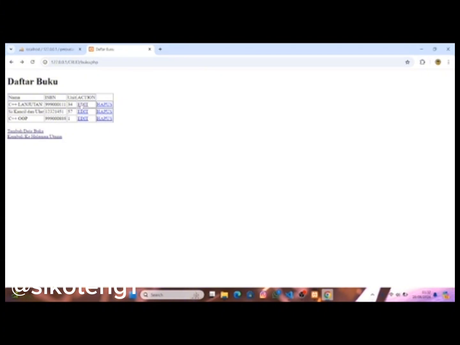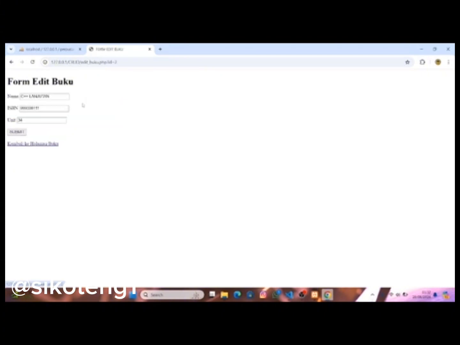Refresh. Now we want to edit the C++ lanjutan. Maybe we change it to C++ lanjutan for master, and for the unit we want to add 2 units, maybe 36. We submit.